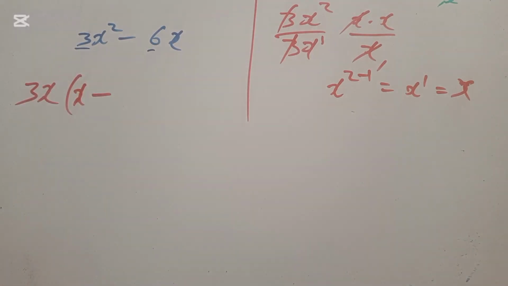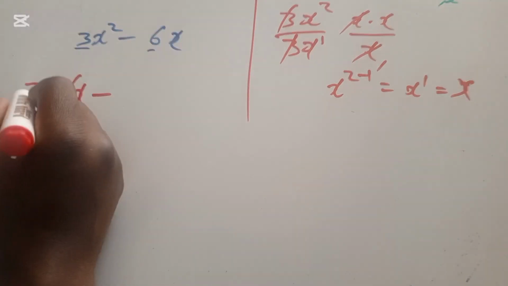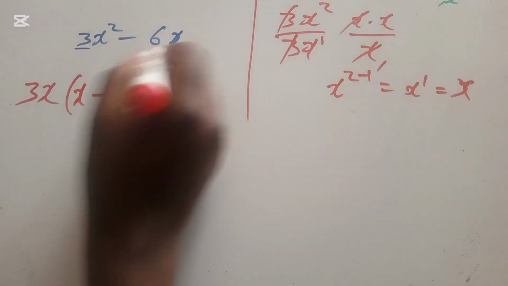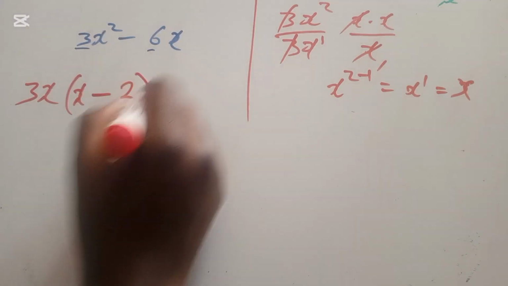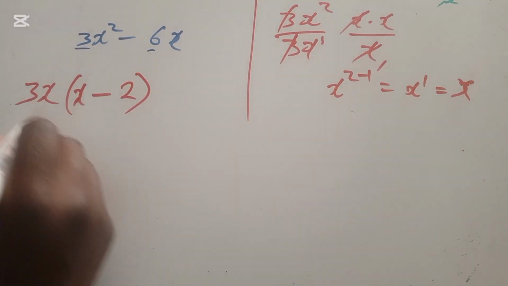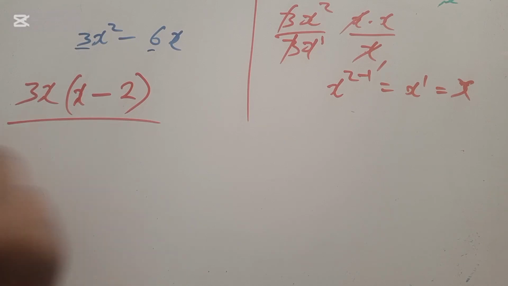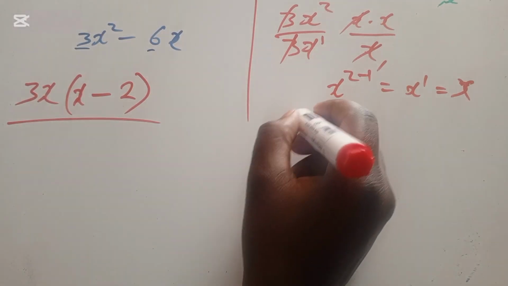3x goes into 6x how many times? You take 6 divided by 3, you get 2. x divided by x is x. So your answer is this. What does this mean? If you are asked to find the factors in this, remember, for example, when you are